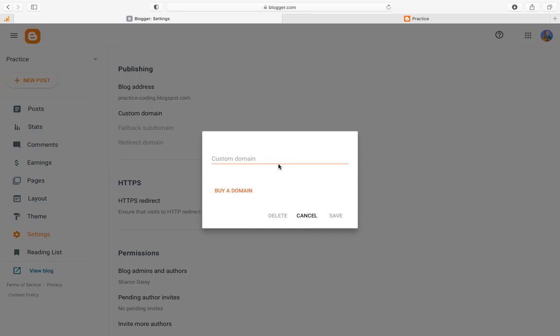You want to get rid of that blogspot.com. Now, if you want to do that, you have to go and buy a domain. You can go to godaddy.com and buy a domain. When you buy it there, they will show you the steps. Then you bring it here, enter it here, and save it. So anybody who visits your blog address, maybe I went to buy practicecoding